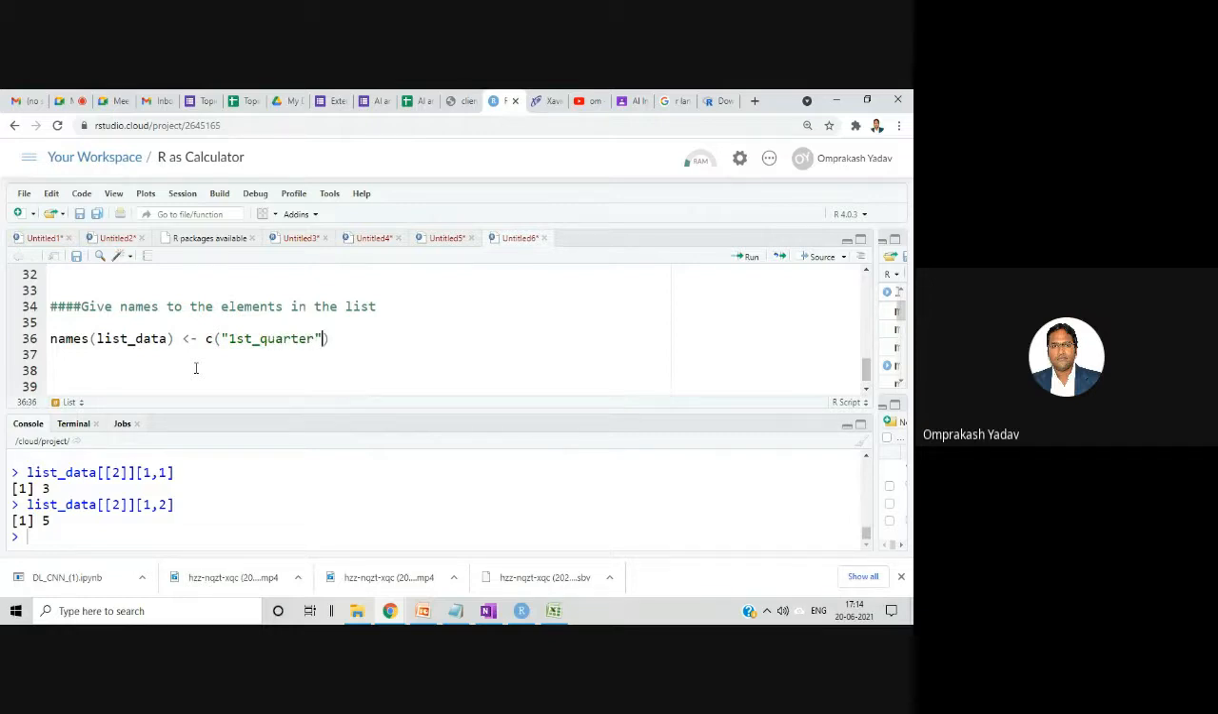Then one bracket is missing. Okay. And second, I think it's a matrix, so we can give it as a matrix. And then the last one is, I think, a list, so I can give the name as inner list. Let's say inner list. If I execute,